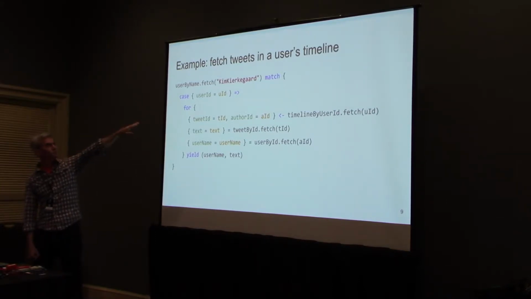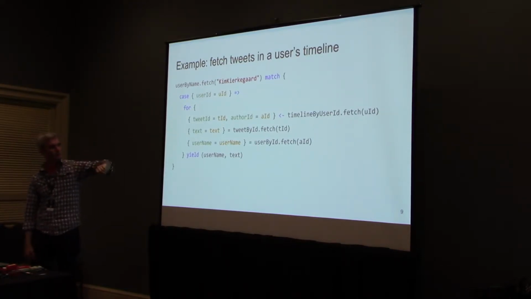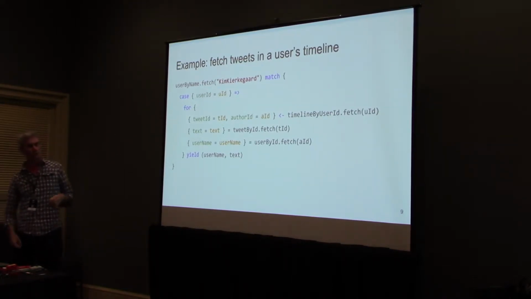So we just want to extract the user ID field, possibly from a very large Thrift object. That's very typical that we have these huge objects with dozens or sometimes hundreds of fields on them. So it's really convenient to be able to match out the part you want. And then we're going to call another service, timelines by user ID, which is going to give us a bunch